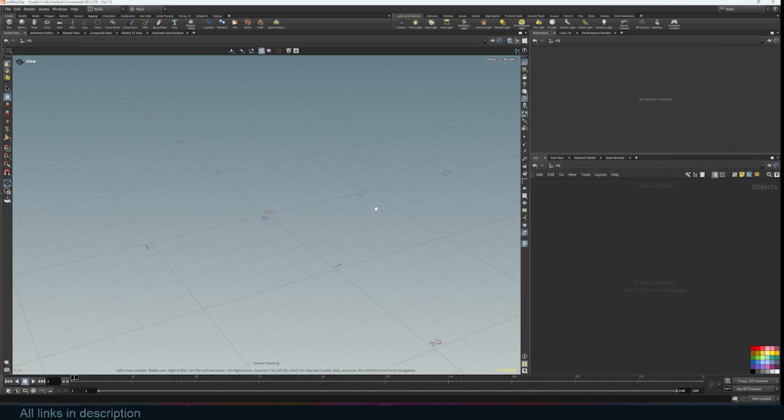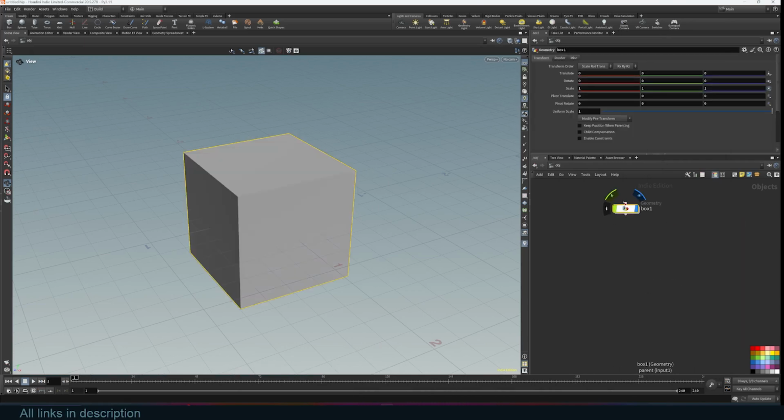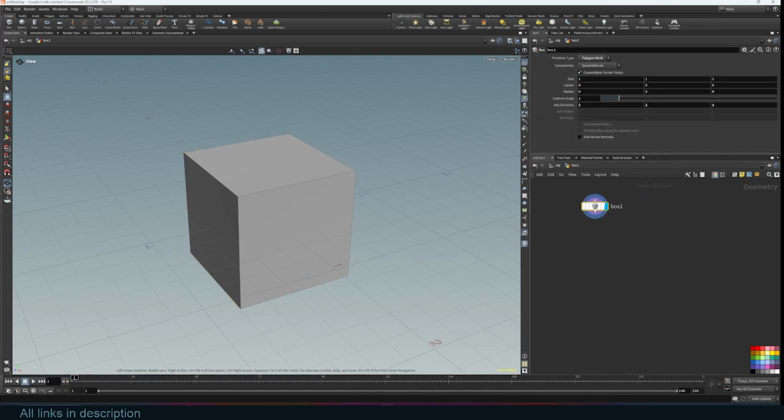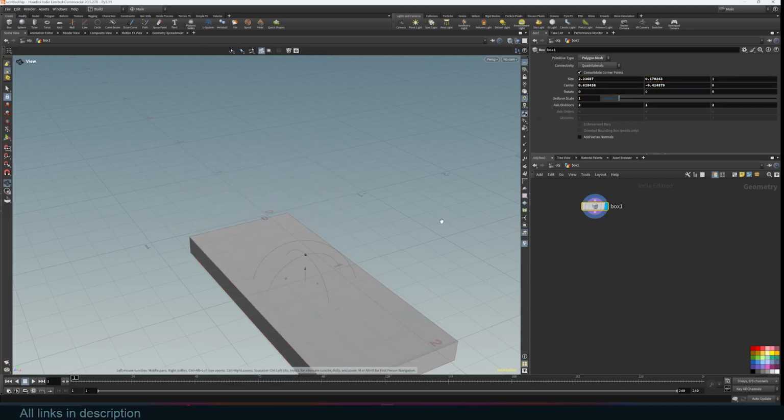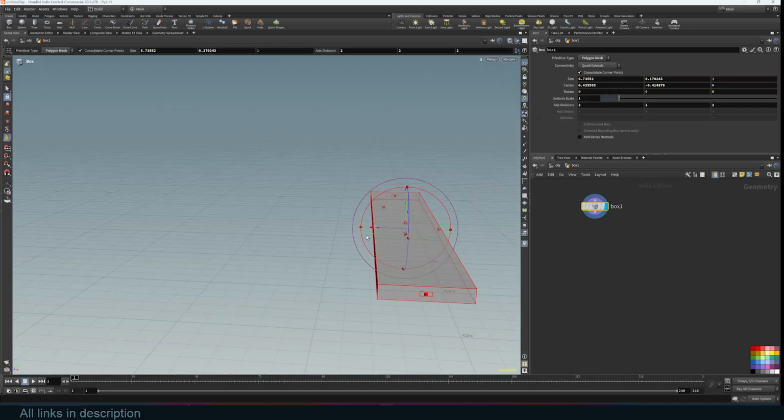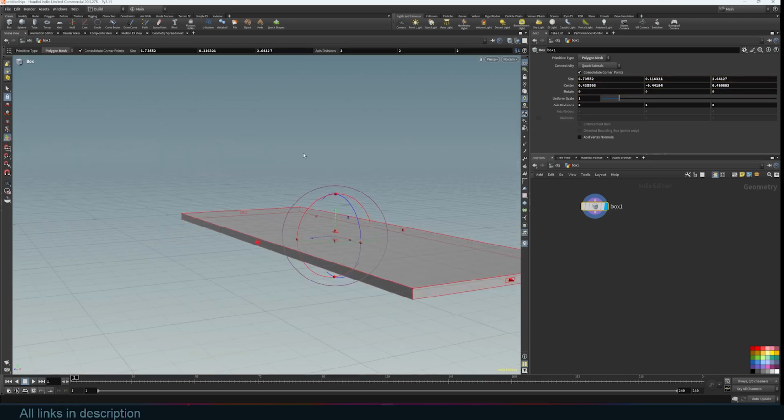So let's start with adding a cube. I will just use a cube. This is going to be our geometry container, so we have to enter that to start editing that geometry. So I'm going to select the cube, and I can turn on these gizmos so that I can easily edit this mesh. I want it to be a bit longer. Let me make it a bit wider like this,